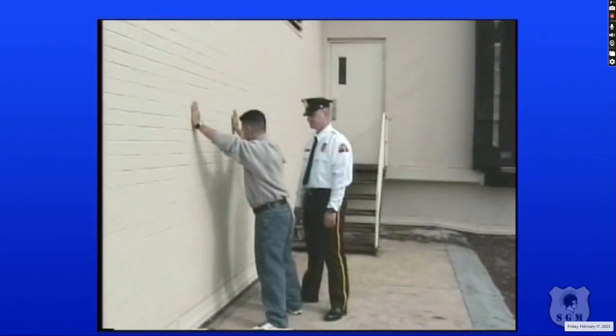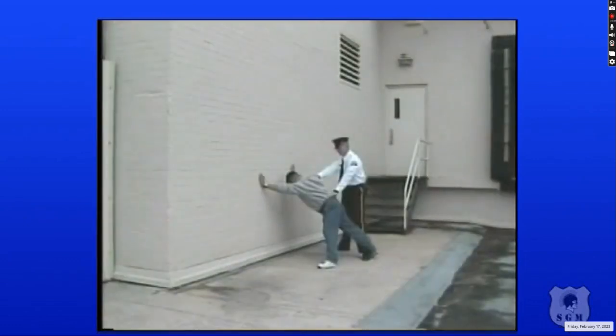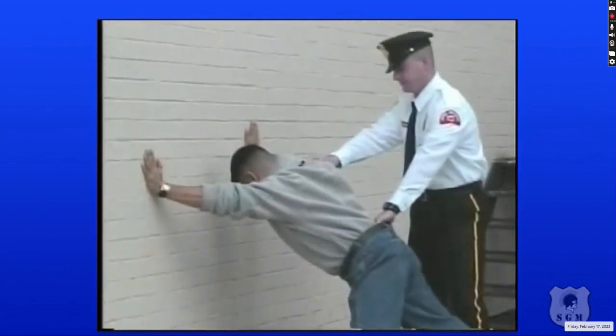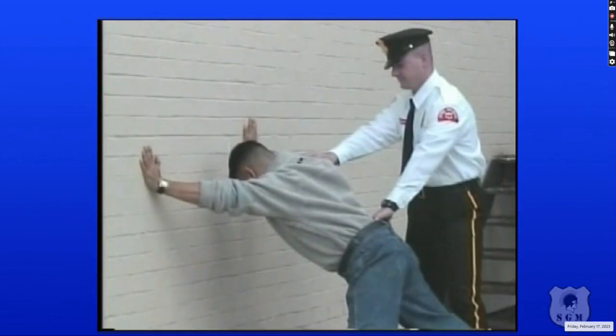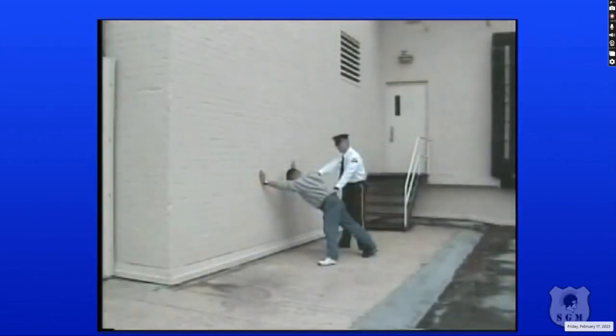Your main objective when initiating the arrest is to put the prisoner at a disadvantage. The most effective position for you to be in is behind or to the side of him. If there's a wall handy, have the prisoner face the wall and stand about 3 feet from it. Have him spread his legs wide. Once he's in position, tell him to unlock his fingers and place his palms against the wall. Then have him spread his arms out. Instruct him to keep his palms flat and fingers spread.